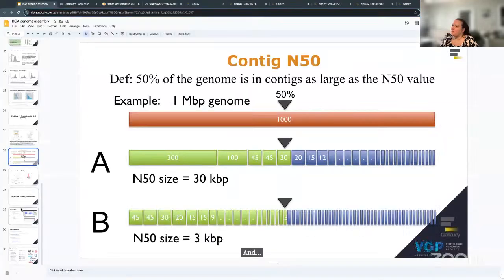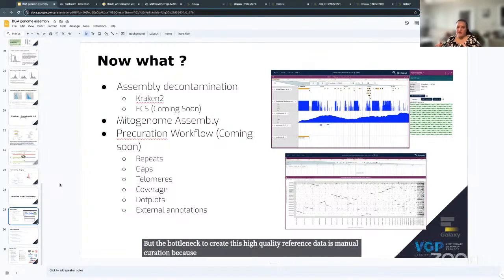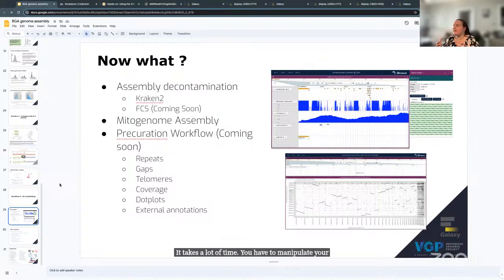And that brings me to this slide, which is, okay, now we have all these workflows used in production, and we can run several assemblies a week. It can go very fast. As you see, you just fill up a form, run it, wait for it, come back a couple of days later, it ran. But the bottleneck to create this high quality reference data is manual curation, because it takes a lot of time. You have to manipulate your scaffold, look at your evidence,